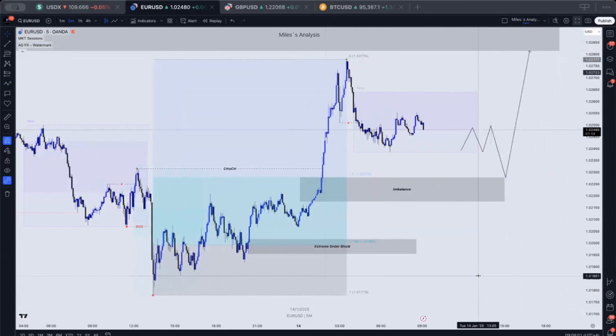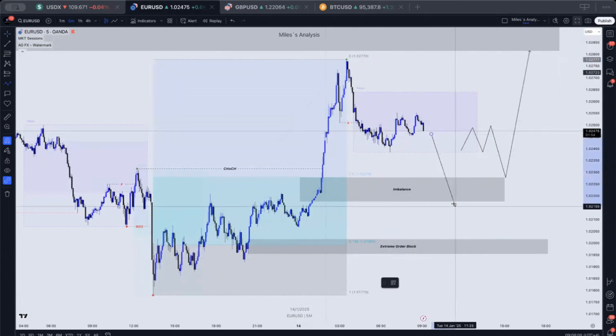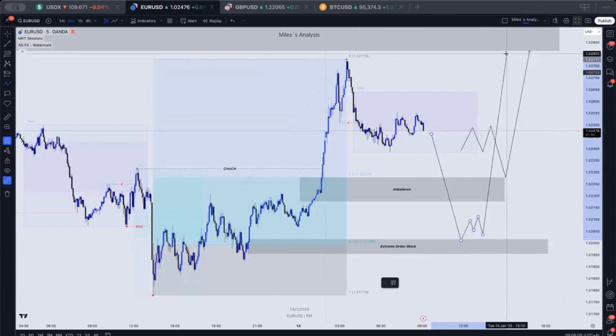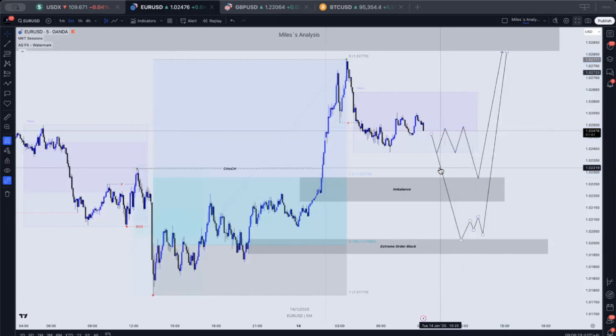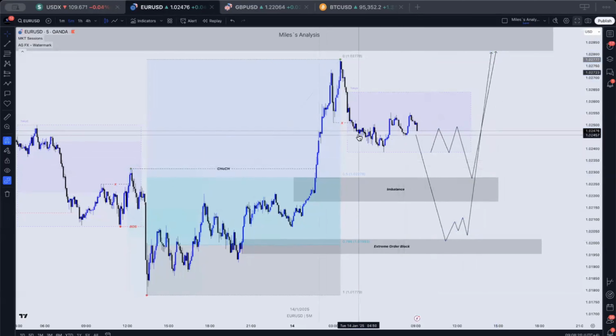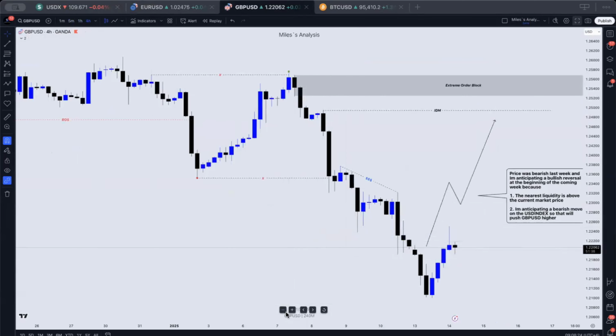So this is the first scenario. Then the other scenario is price will come down for this extreme order block to mitigate it, then continue to go up, right? So these are the two scenarios I have currently for the euro US dollar. Keep this in mind. Then going to the GBPUSD, as you can see on the 4 hour time frame, I'm still